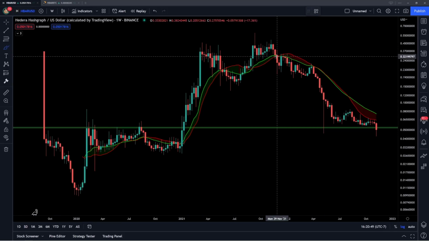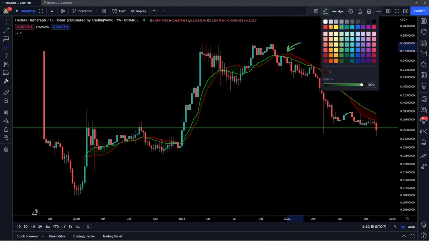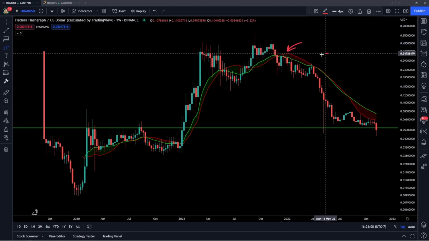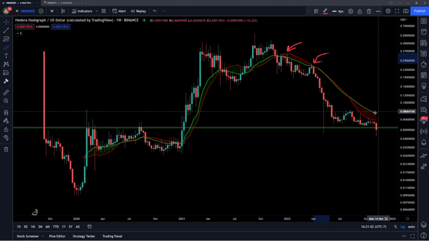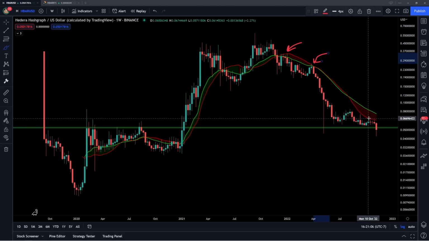You can see that initially, HBAR lost these right here in November of 2021, flipped it right into resistance, and had several rejections throughout this bear market. We rejected right here throughout December, another rejection on this lower high in April as well as March. And then over the last few weeks, we have had more and more retests of the 20-week simple moving average, the red line. You can see that we had about 4 candles coming up to this level.